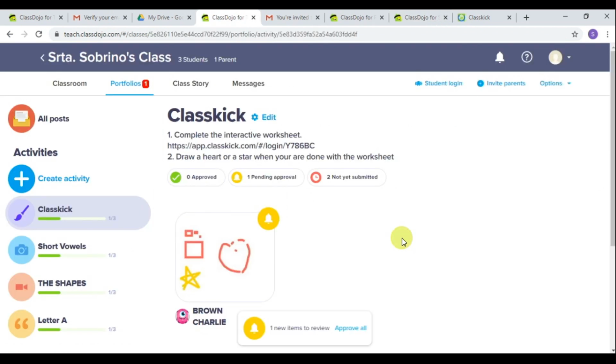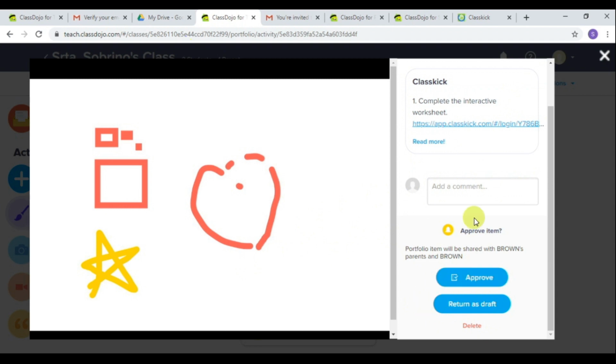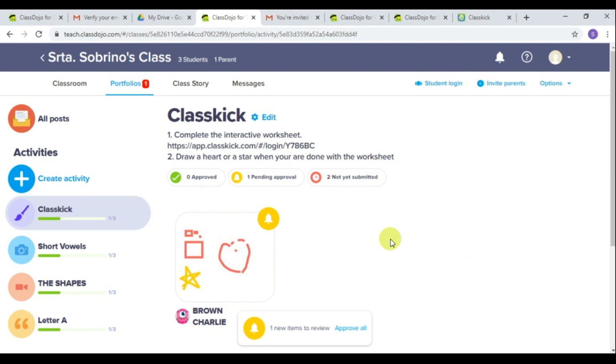Back to the teacher's view, we can see that the student already handed in the activity, so that way we can go to our ClassDojo and check the assignment and give the student approval for this activity. Just remember that ClassDojo is our class management system. Any activity that we do outside ClassDojo, we have to grade it here in ClassDojo. Why? Because it's the main app that they are going to see their